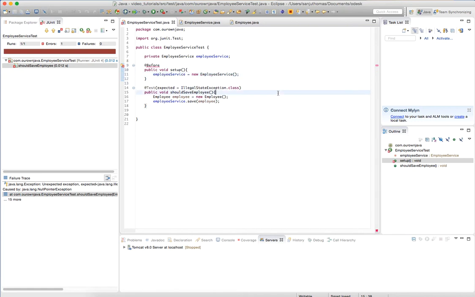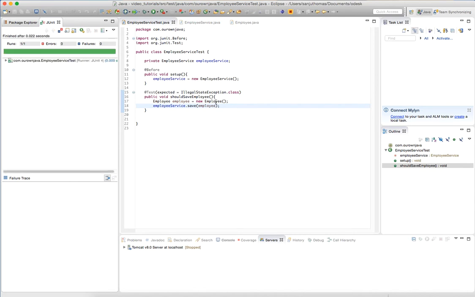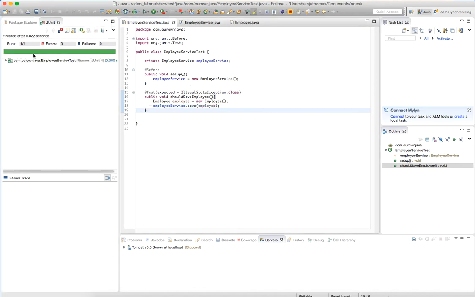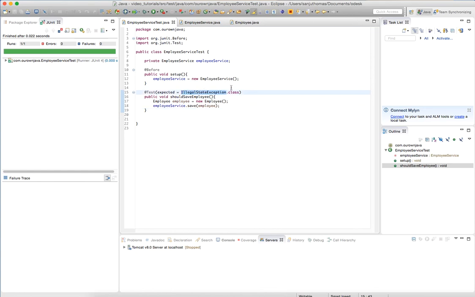Right, now let's import this with Shift O. Let's run this again. So the test case passed. So what is it that we tested here? We are expecting this exception, right? That's what we tested. Imagine that, just change this in the